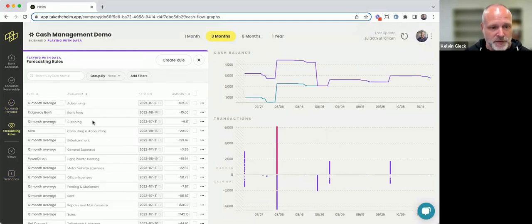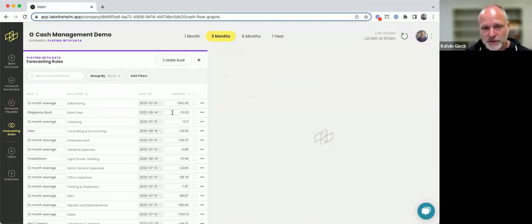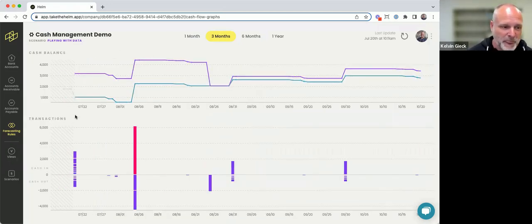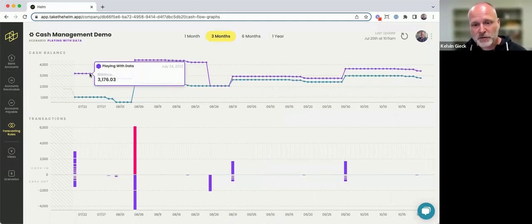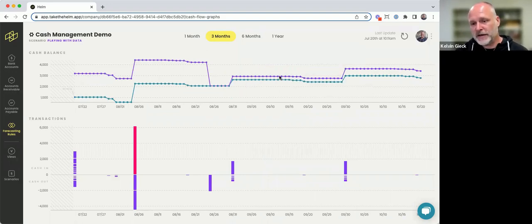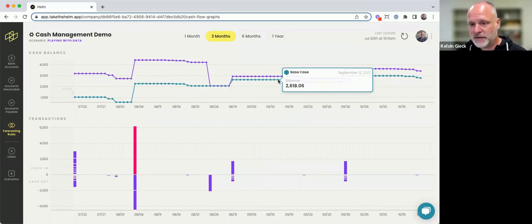And let's maybe say that our advertising estimates are simply too high. Maybe they're actually $300 per month instead of $612. And so again, this is an overly simplistic example of what you can do with Helm, but you can see very quickly that based off those changes in our payables, as well as the long-term impact on our budget estimates, you can see exactly how that impacts your cash based off your base case scenario or your as is scenario. So it's a very powerful tool for helping you plan, think, go through a lot of different conclusions and help you properly manage your cash position in advance.